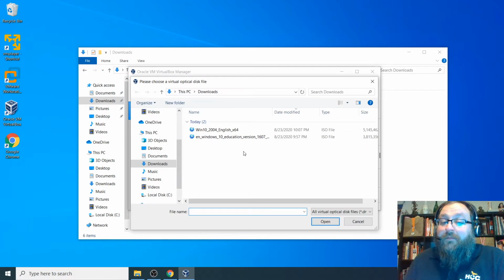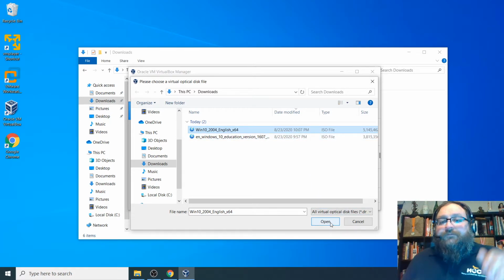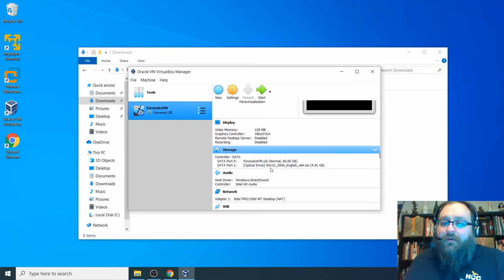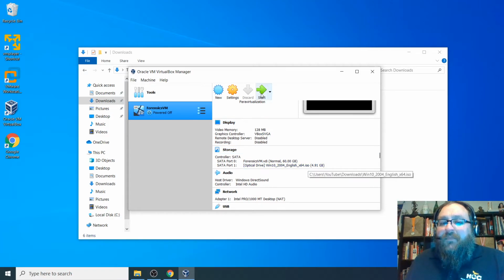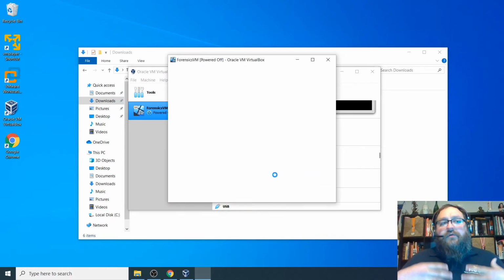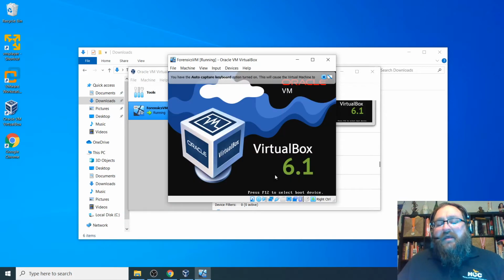We're going to choose a disk file, the same version here, the 5 gig version. We're doing this to make it a little easier on the install. If we choose an older file, we'll have to do a lot of updating as the install progresses, and it takes a little bit longer. So choosing the newer ISO is more beneficial. We'll choose open, and now notice it's Windows 10 2004, Windows English x64, sorry, and we'll start our virtualization, which will load the virtual machine, and the virtual machine will go through a POST similar to a physical machine. After the POST happens,